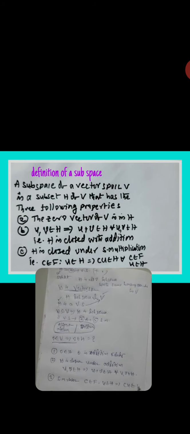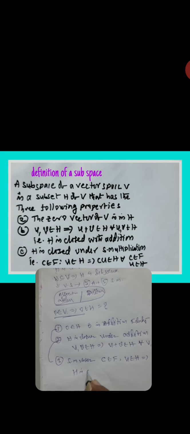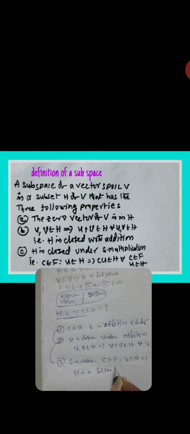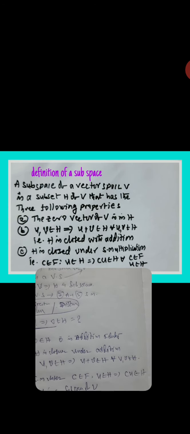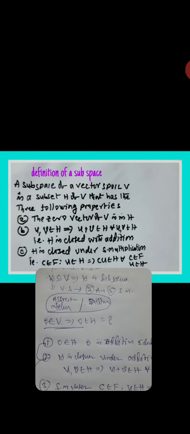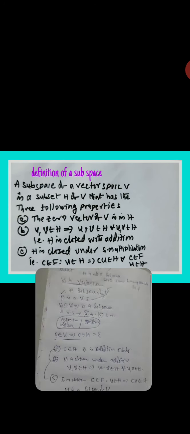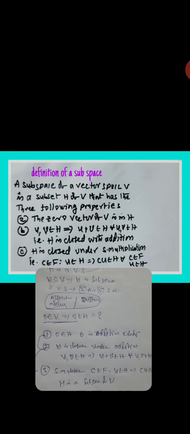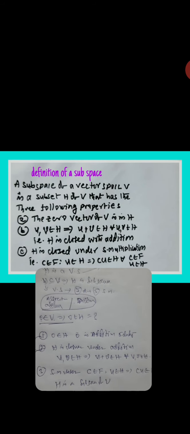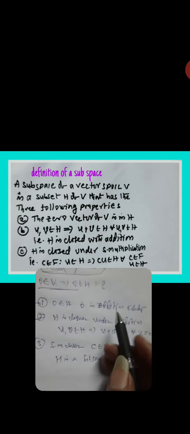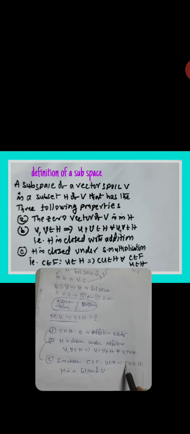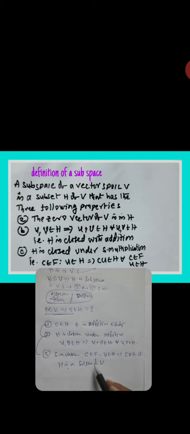that implies cu is also an element of H. Under these three properties, H is a subspace of V. Among the vector space properties, three main properties are considered: H contains the identity element 0 with respect to addition, H satisfies the closure property with respect to addition, and SM closure, that is scalar multiplication closure. Scalar multiplication closure means one element is taken from F, the other from H, and cu is also an element of H. Therefore, H is a subspace of V.